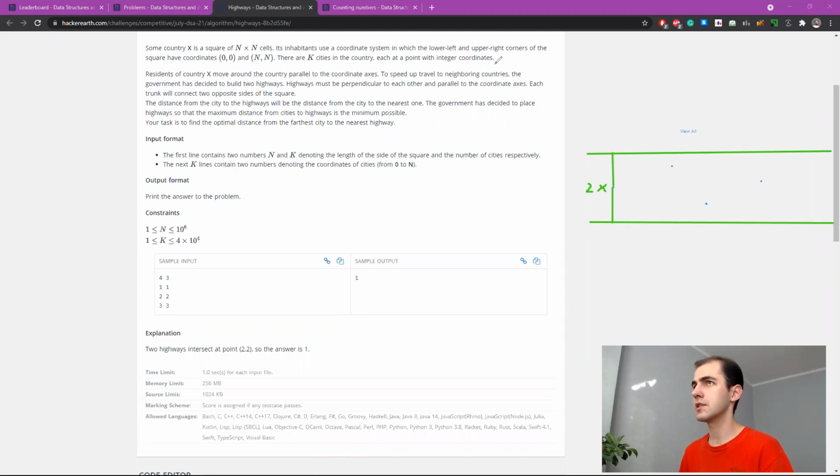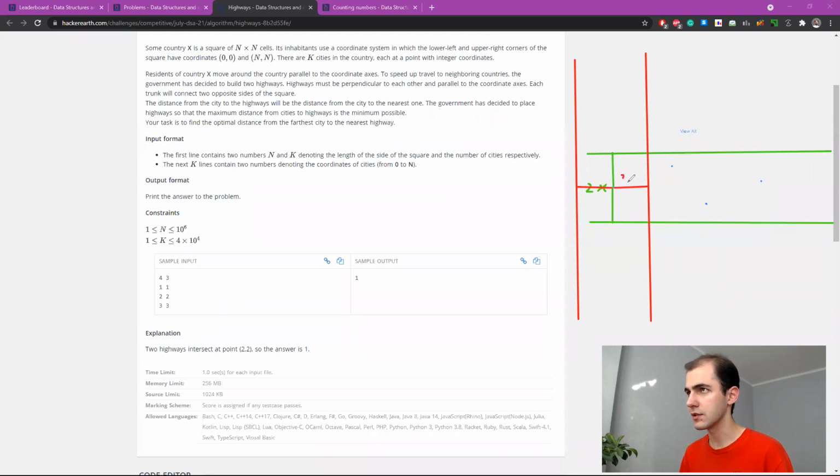It's either covered by this stripe or by a vertical stripe, which also has the width of 2x.